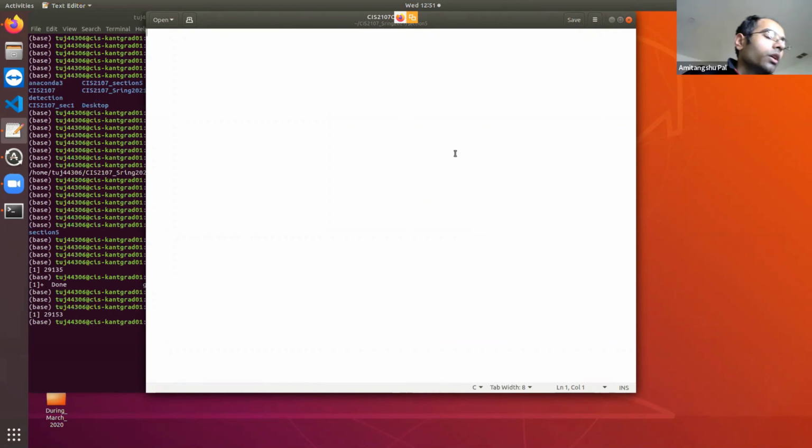So in C, when you want to write a program, the first thing you need to include is some header files. So #include <stdio.h>. stdio means standard IO. It is a header file that implements functions like printf, scanf, and all those things.